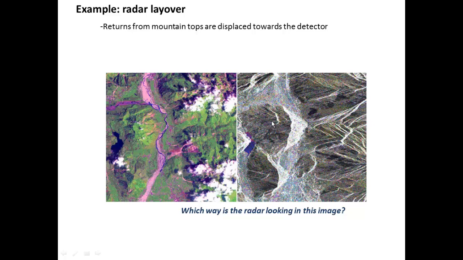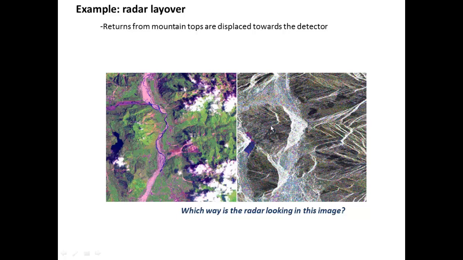Likewise, another thing you can see in this image is that the foreslopes of the mountains are much brighter than the back slopes. This has to do with the fact that you get a stronger radar return if your angle of incidence is perpendicular to the surface. So because the angle of incidence is perpendicular to this slope, they're showing up very bright because they're reflecting a lot of energy back directly to the antenna. The back slope of the mountain is experiencing a very low incidence angle, reflecting energy away from the antenna and